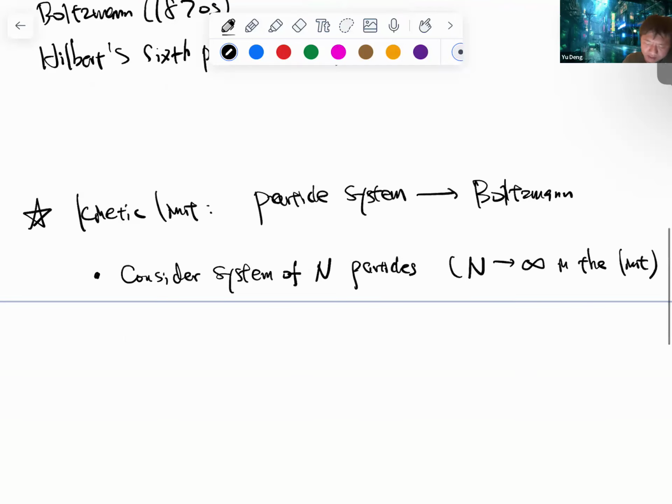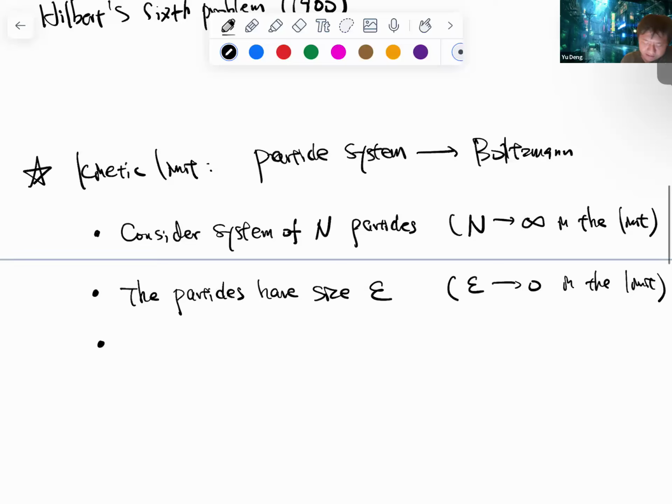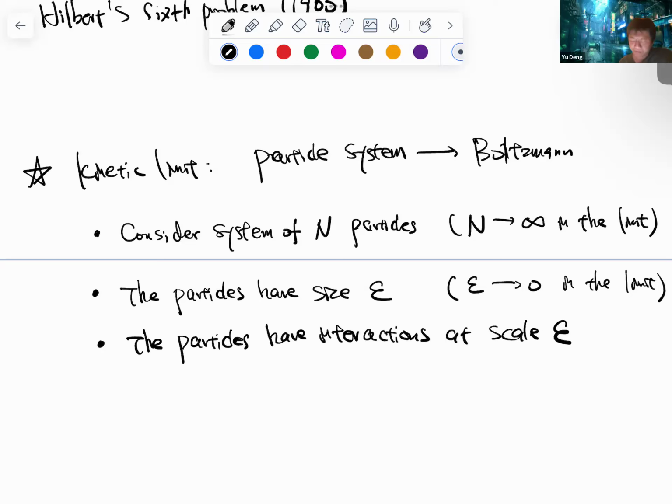Okay, and we assume that these particles are of a small size. So the particles have size epsilon, where epsilon goes to 0 in the limit. And basically, these particles interact at scale epsilon. Okay. So the kind of interaction we are talking about in this lecture is the simplest kind of interaction,